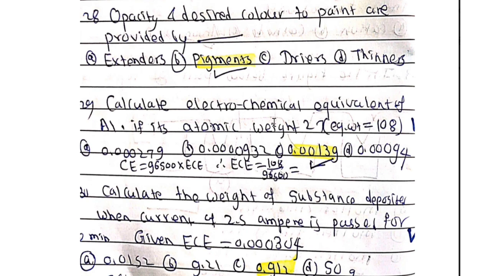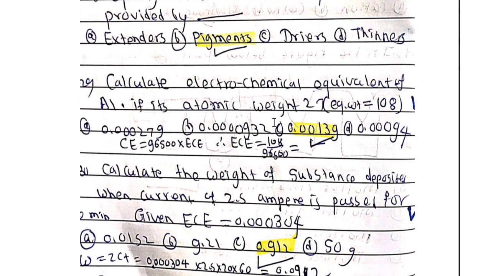Calculate electrochemical equivalent of aluminium if its atomic weight is 27, equivalent weight is 108, and the ECE, that is electrochemical equivalent, is 108 upon 96,500. It is equal to